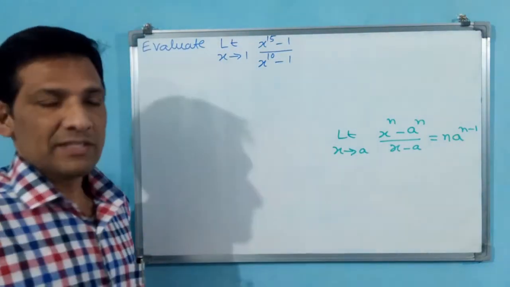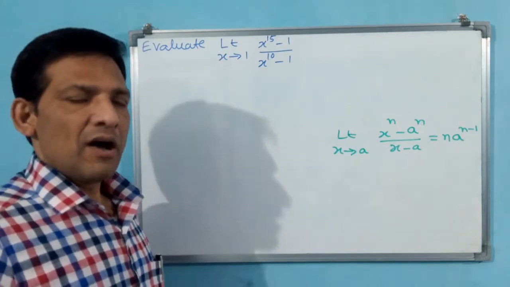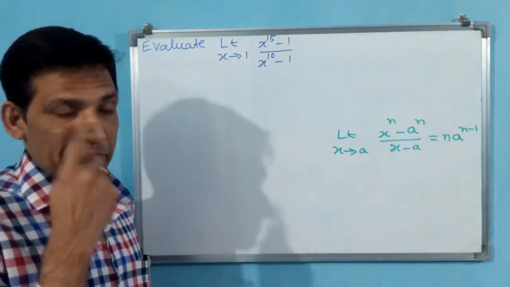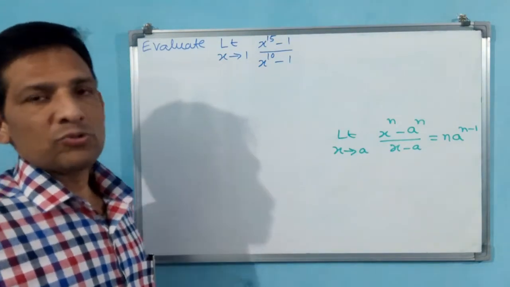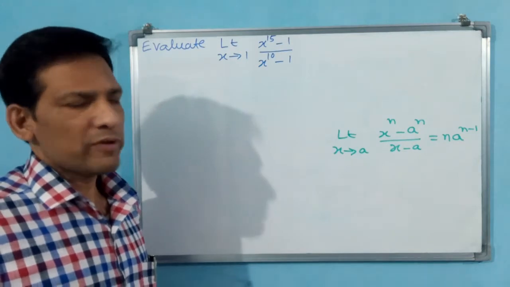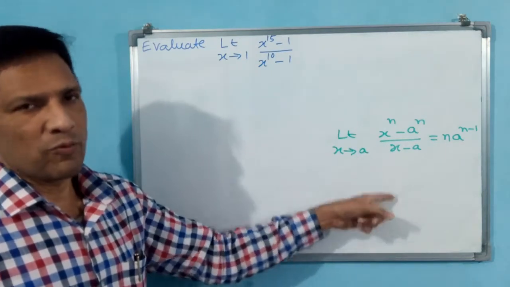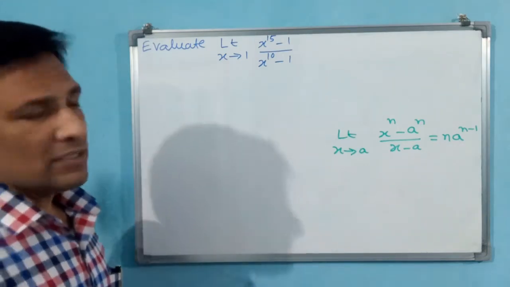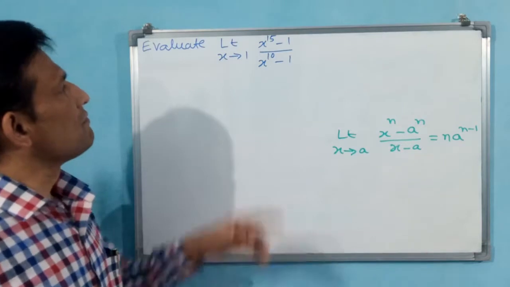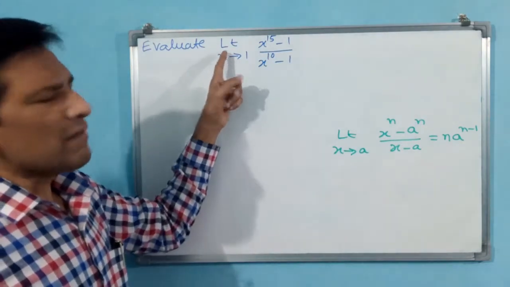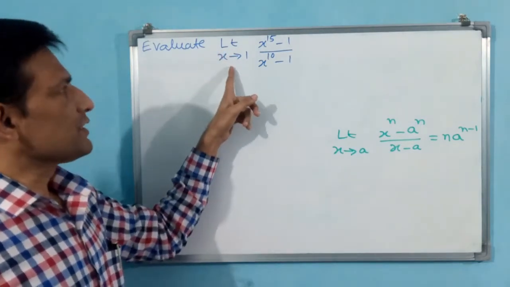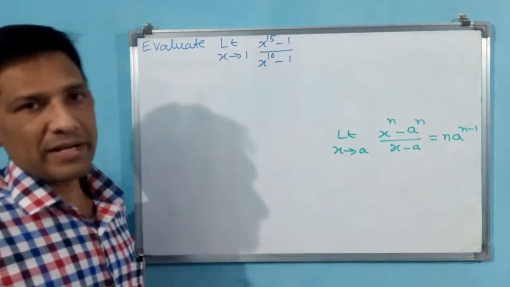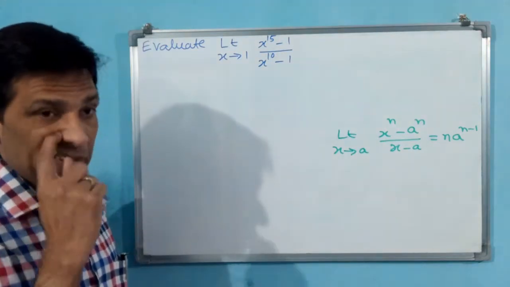Okay. Based on this, two examples we will take. Afterwards, we will go for limits of trigonometric functions. Before we go, let us do two more examples. Why? Because for this formula or theorem, we have not taken any example. See, this is the question they have given. Evaluate means you have to find the limit. Limit x tends to 1, x to the power of 15 minus 1 divided by x to the power of 10 minus 1. What will be the value?